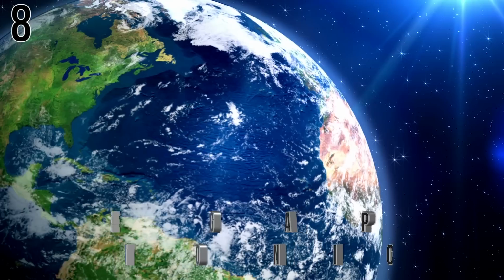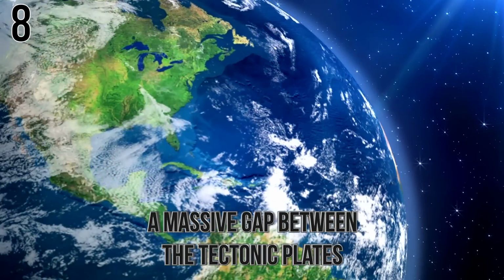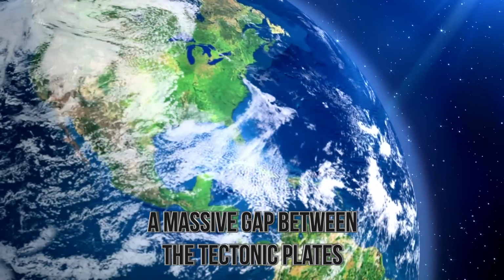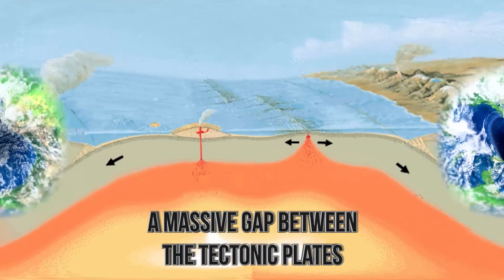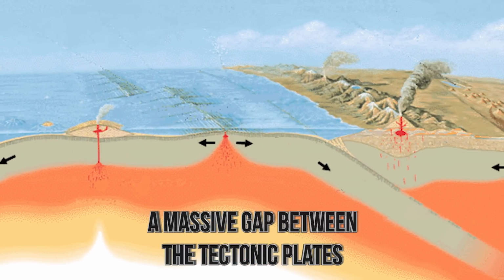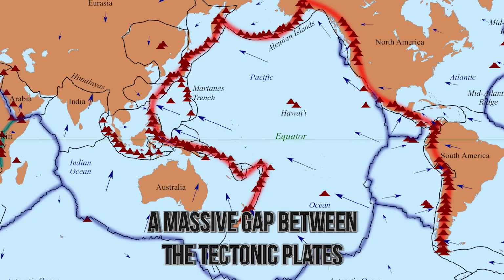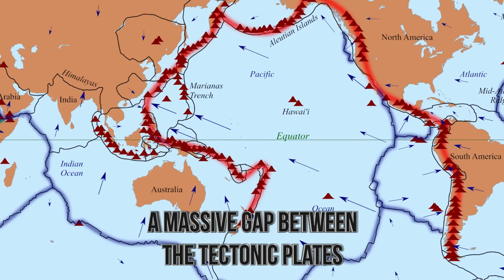Number 8. A massive gap between the tectonic plates. The Earth may seem like a very basic place at times, but there are many things working together to ensure that it doesn't go awry, such as the tectonic plates, which not only hold our planet together, but allow us to live above water. That's because these plates are what the continents of our world are on,